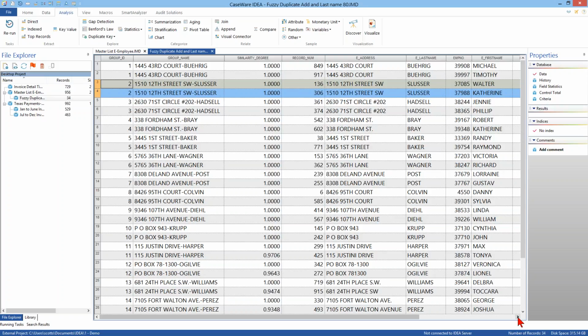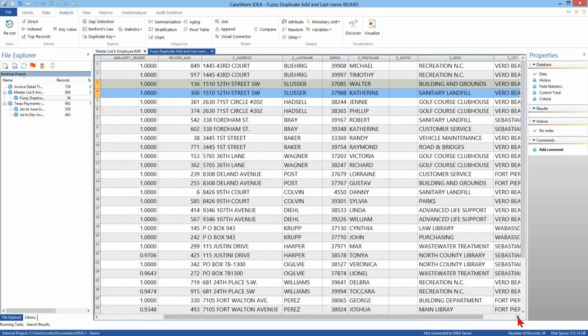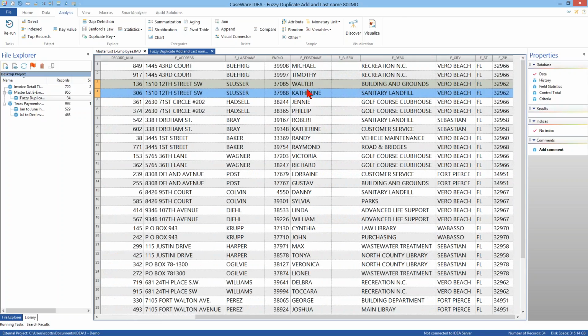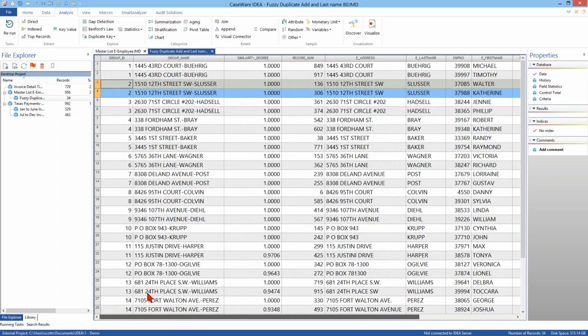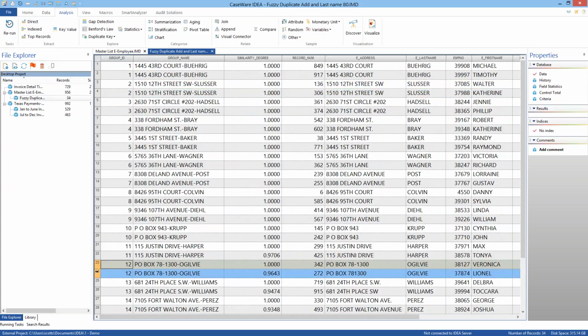So if I choose that second group right there, we'll see the difference is there's 2 first names at that address with the same last name. No big deal. But you can use this to dig down a little bit deeper. Let's go down here, group number 12. That's the key. We got an exact match on the key, but somewhere in the record, there's a little bit of difference. If we look at it right there, the employee address,